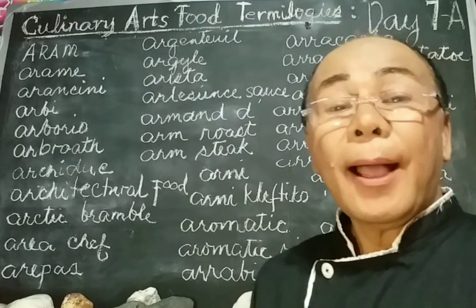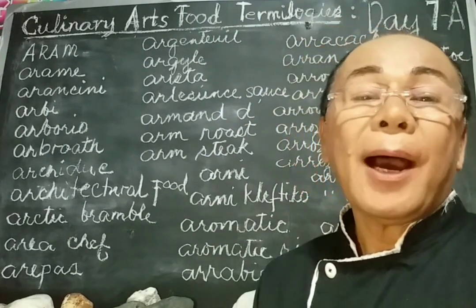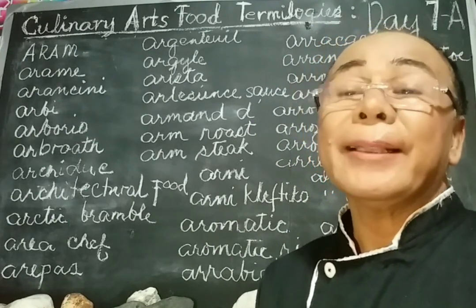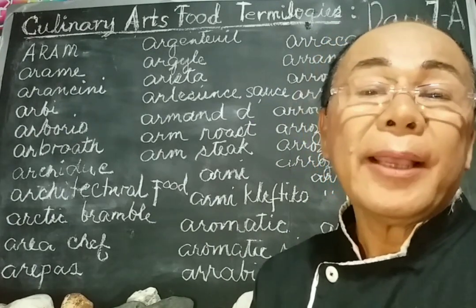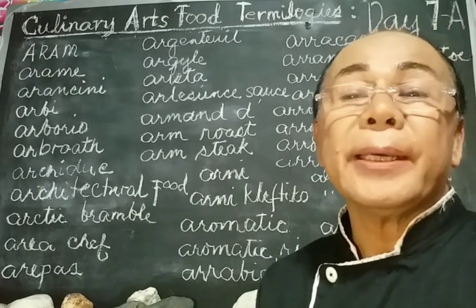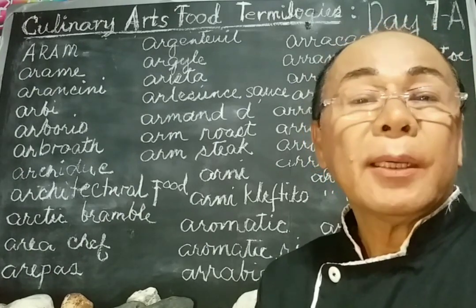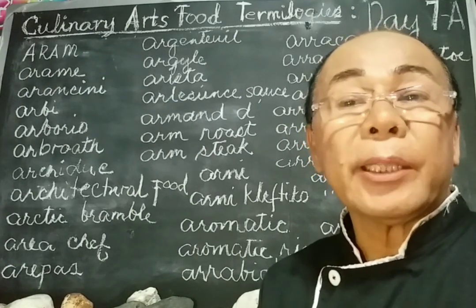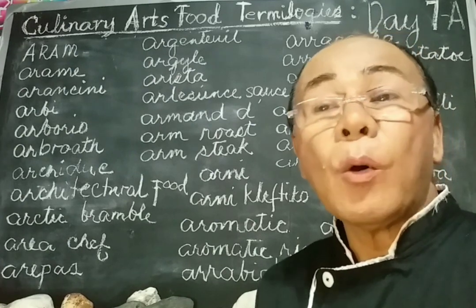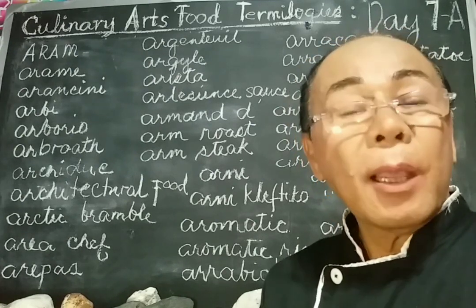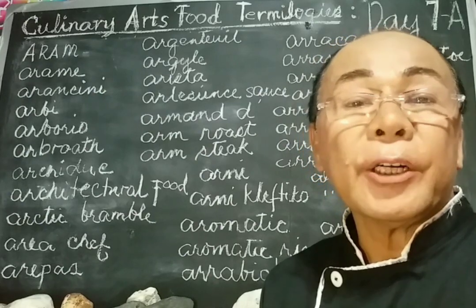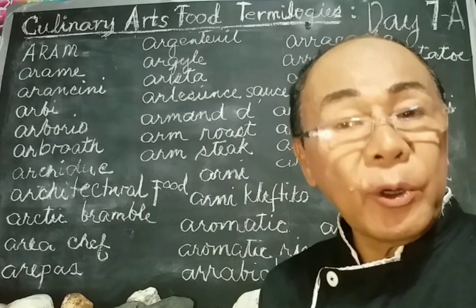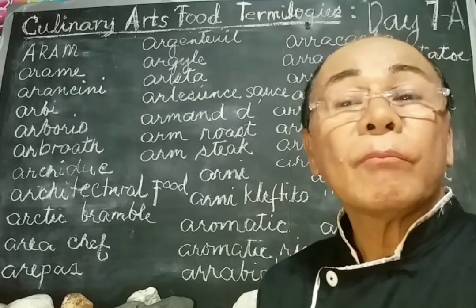Next word, again, we have argyle, which refers to a British carving dish that has an indentation to catch and serve the juices from meat, game, or poultry. The word again, arista, refers to the Italian for roasted loin of pork, usually with the bone in. Arista also refers to an Italian dish consisting of roasted pork roast, flavored with rosemary or fennel, garlic, and olive oil.